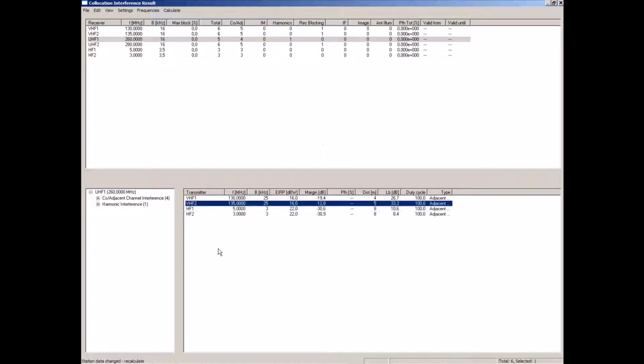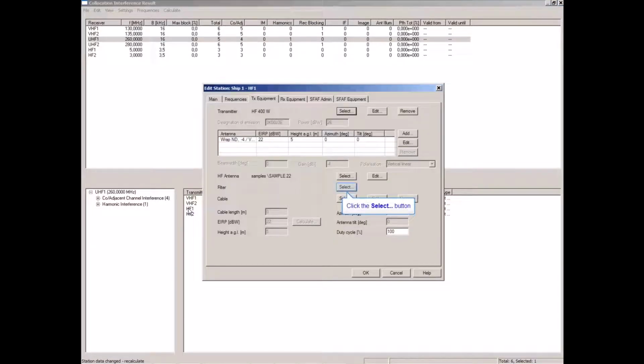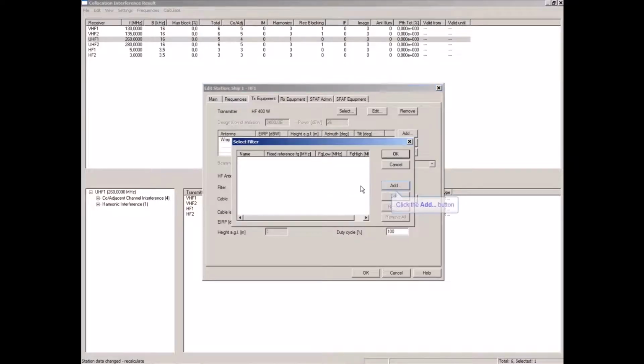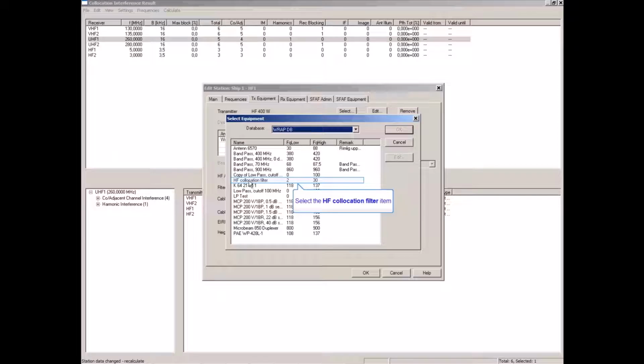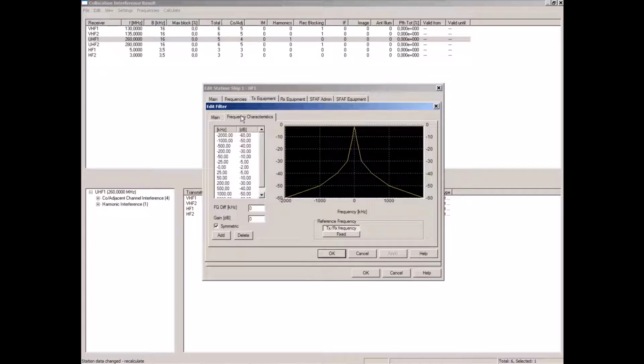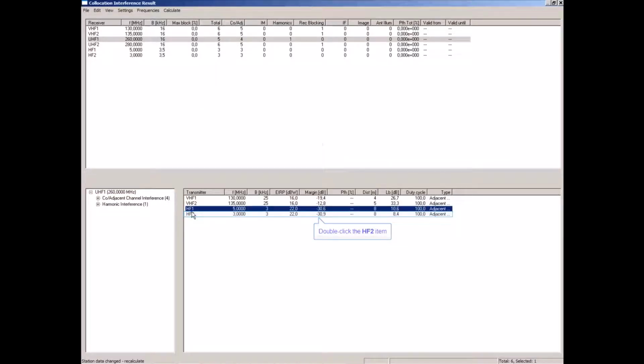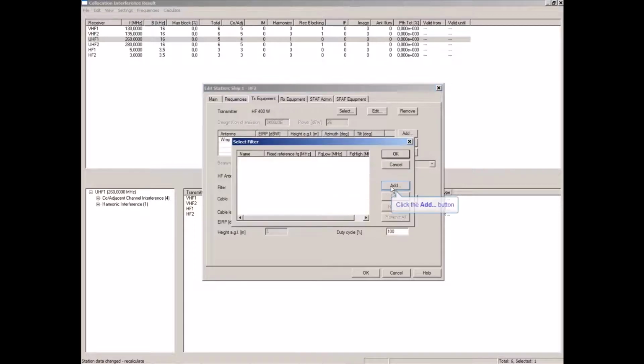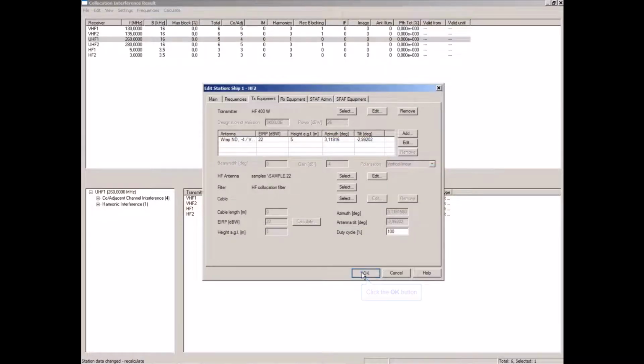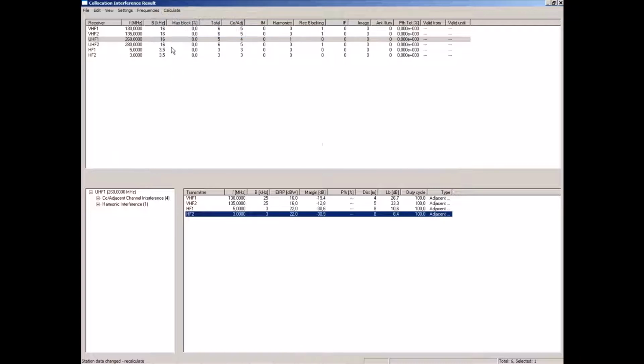For the HF stations, I will put on an HF collocation filter. It has similar characteristics, or actually it is much narrower, because this is so much lower frequency, so it's possible to make more selective filters there. Okay, and lastly on HF2. Okay, so let's recalculate and see